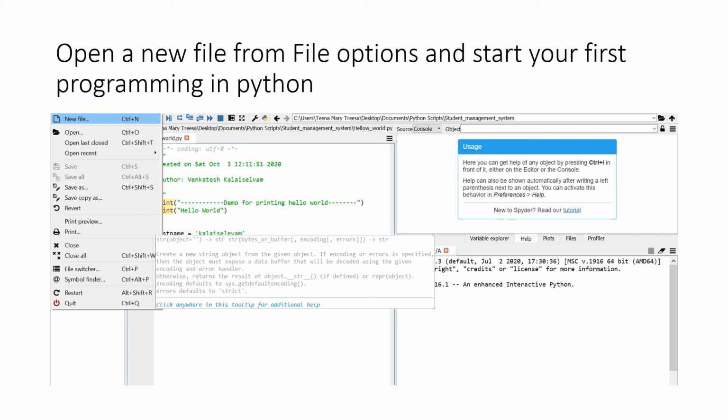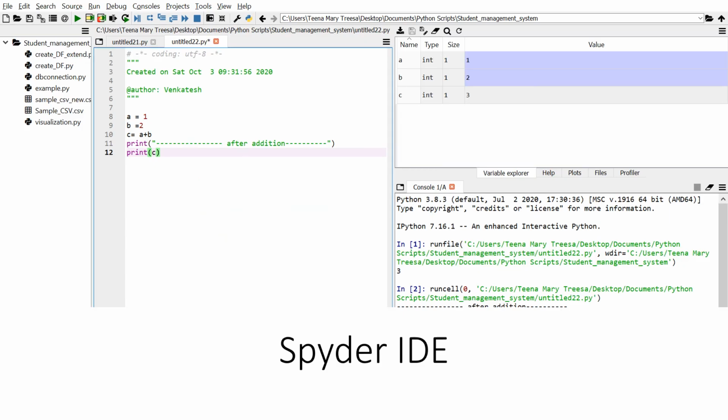But if you want to create a new program, click on new file, and a new file will open, and you can type your first program. Whatever I created previously in script mode, I can paste here. I can run it. There will be a green button to run your program, or you can just press Control Enter. Your program will be executed, and the result will be displayed on the right-hand screen, like the console.